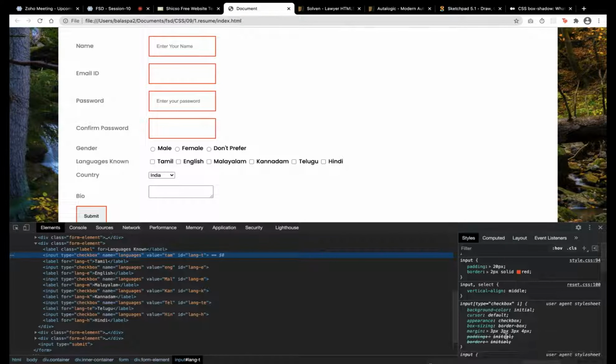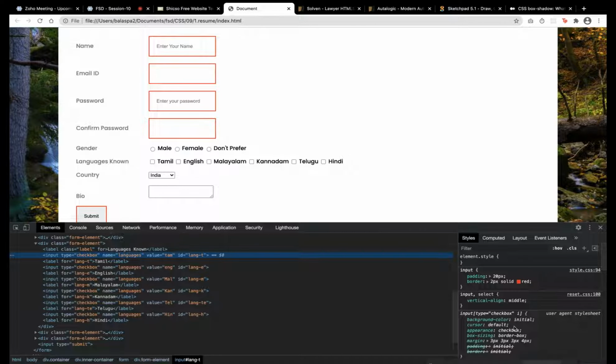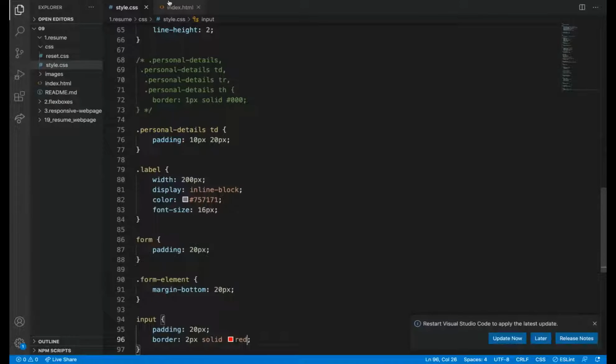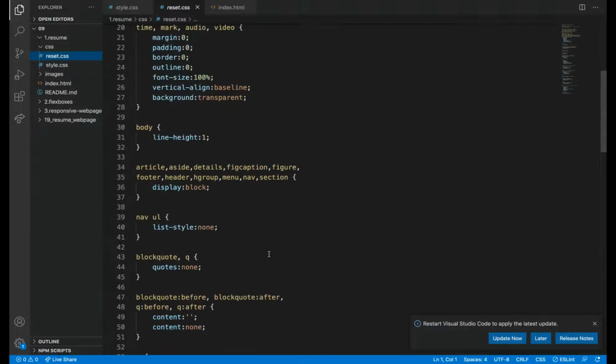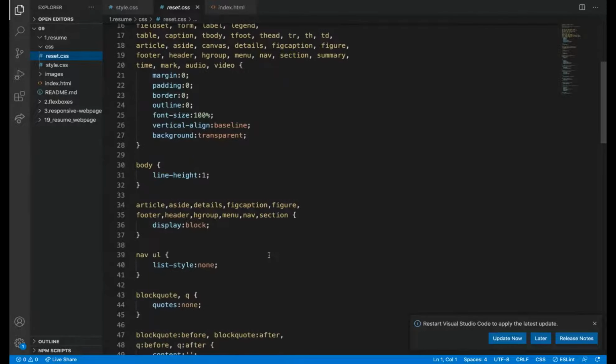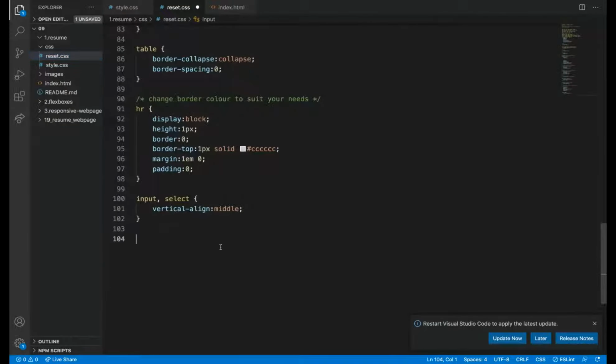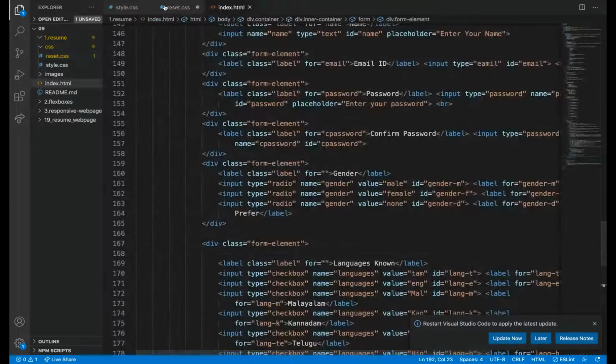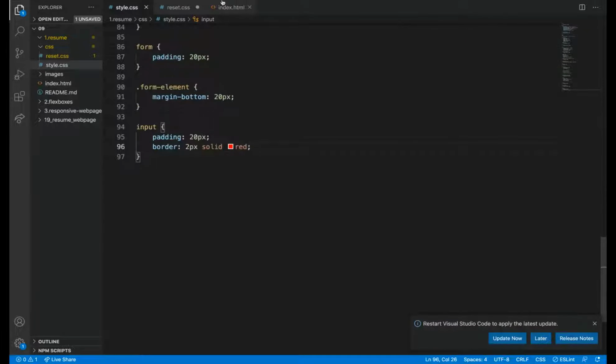What I actually wanted to tell you guys is that previously in the browser itself, some default stylings got applied, so input, what I have added, border.